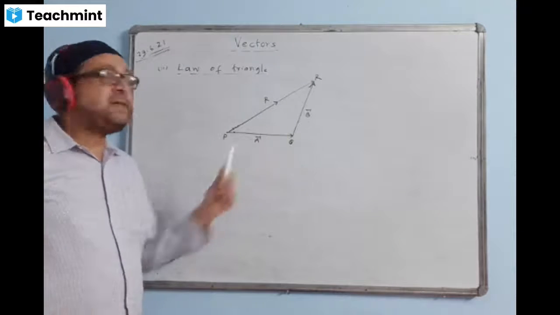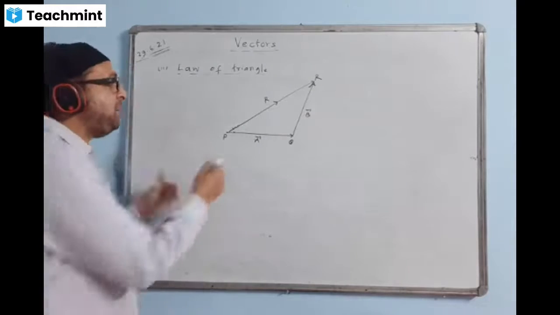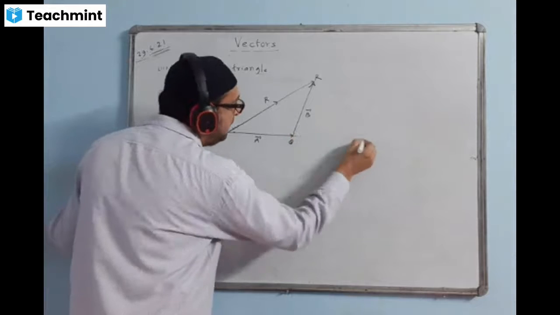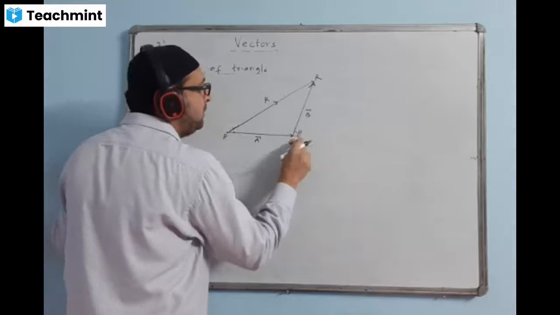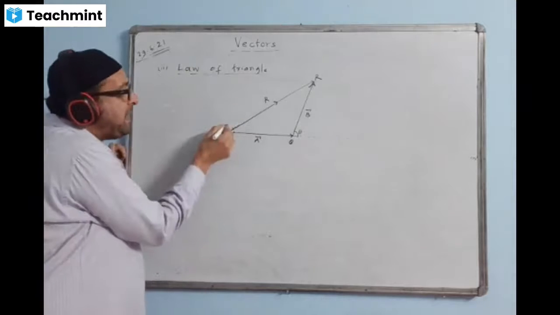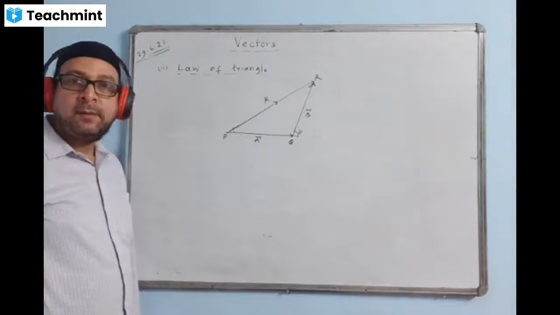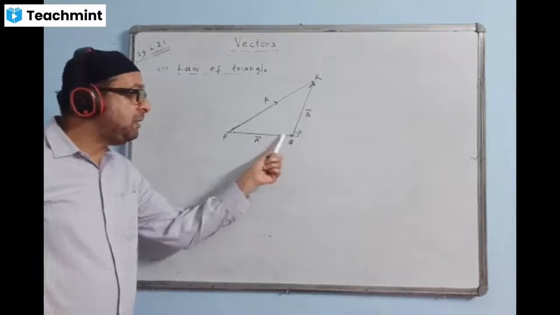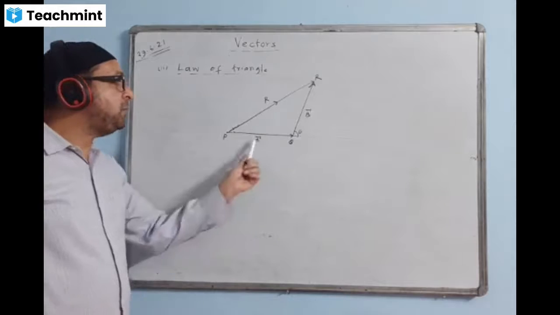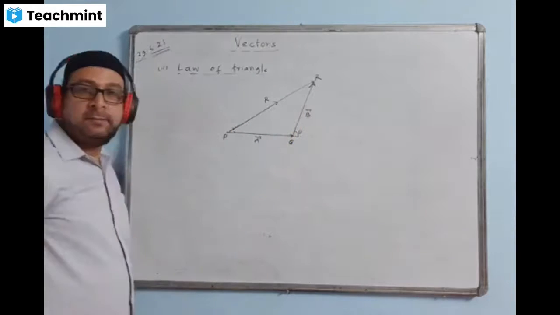Angle between A and B. Where will you show the angle between A and B? You have to extend this line. This angle will be theta, the angle between A and B. That is because we are making a parallelogram. This entire angle is theta, so this angle becomes theta. Exterior angle becomes theta here. Not this angle. Don't take this angle as theta. In a triangle, the angle between the two vectors taken in the same direction, like this, is the angle theta.